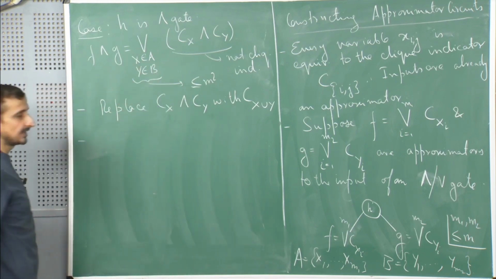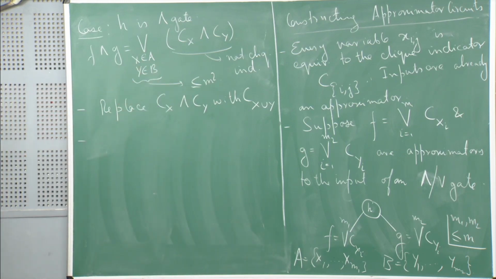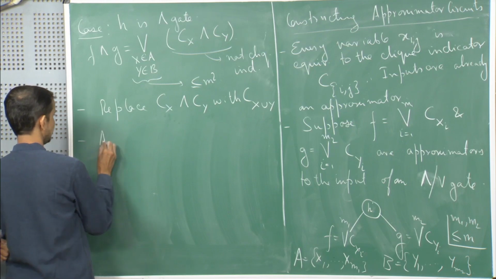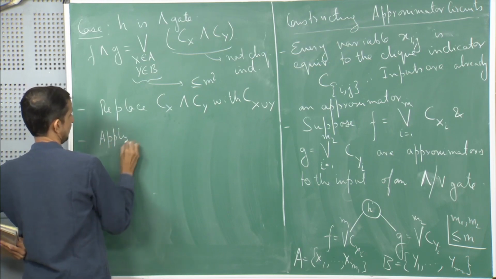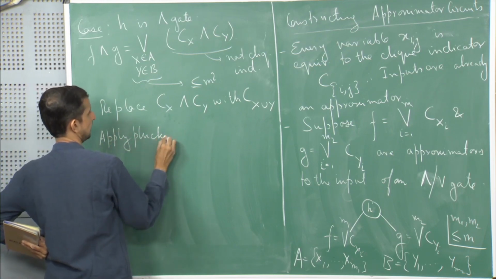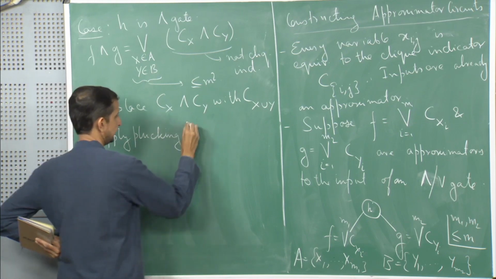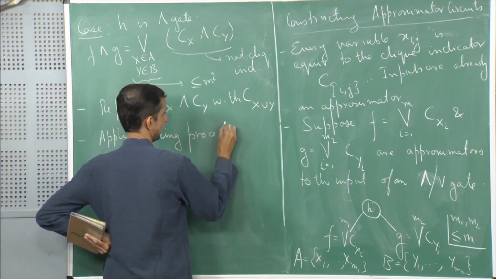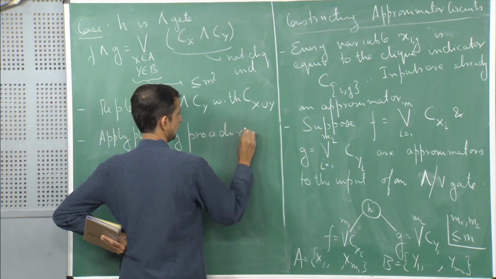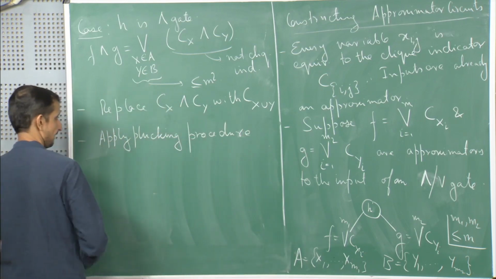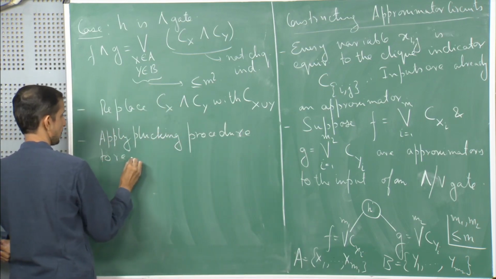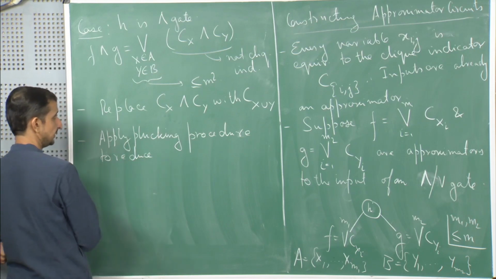Now, the second problem is we have m square many, it is basically an OR of m square many clique indicators. So, now we again apply the plucking procedure to reduce